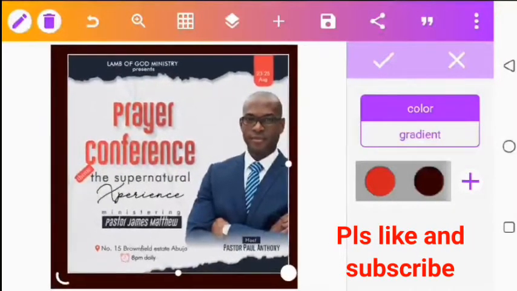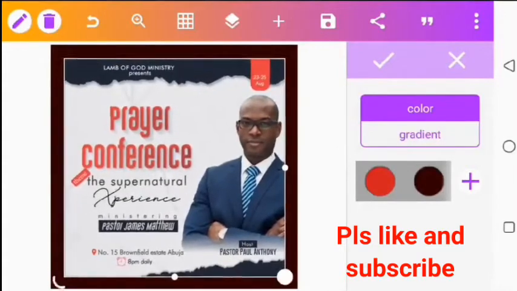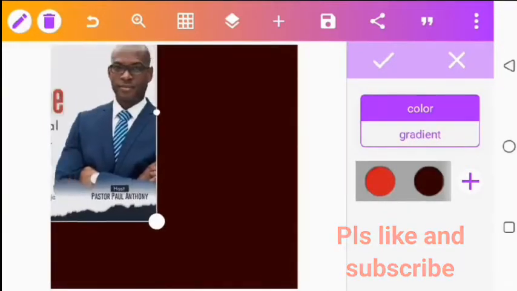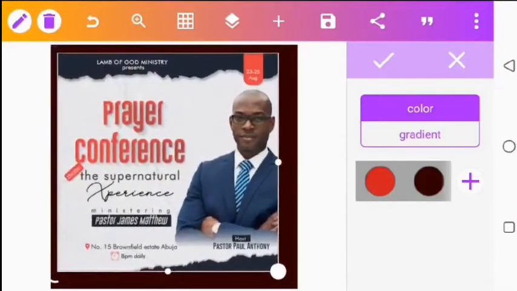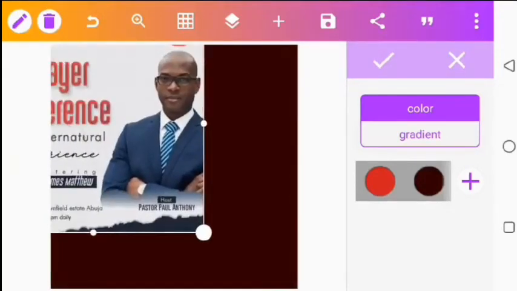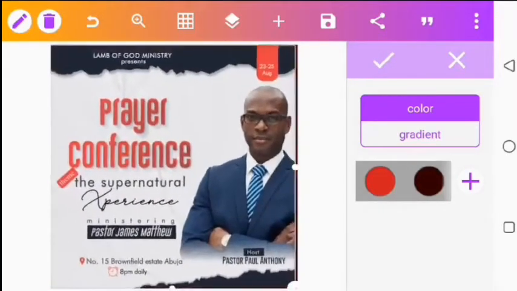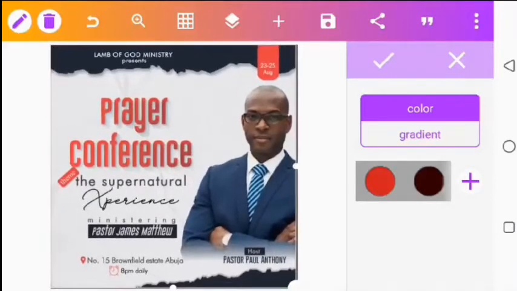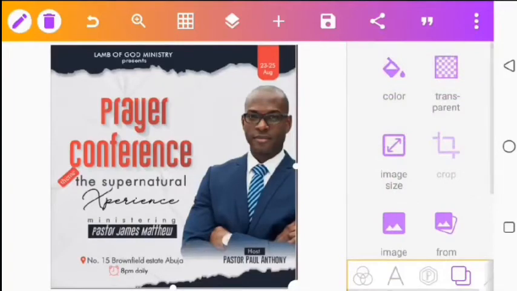Today we are going to be learning how to make this particular flyer. How to make something like this. This is a church flyer and everything was designed using the Pixelab app. So today we are going to make something like this together. Okay, so